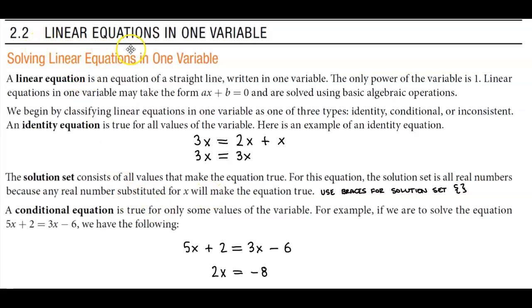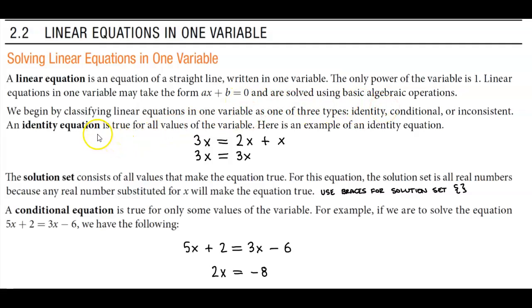2.2 Linear equations in one variable. Solving linear equations in one variable. A linear equation is an equation of a straight line written in one variable. The only power of the variable is 1. Linear equations in one variable may take the form ax plus b equals 0 and are solved using basic algebraic